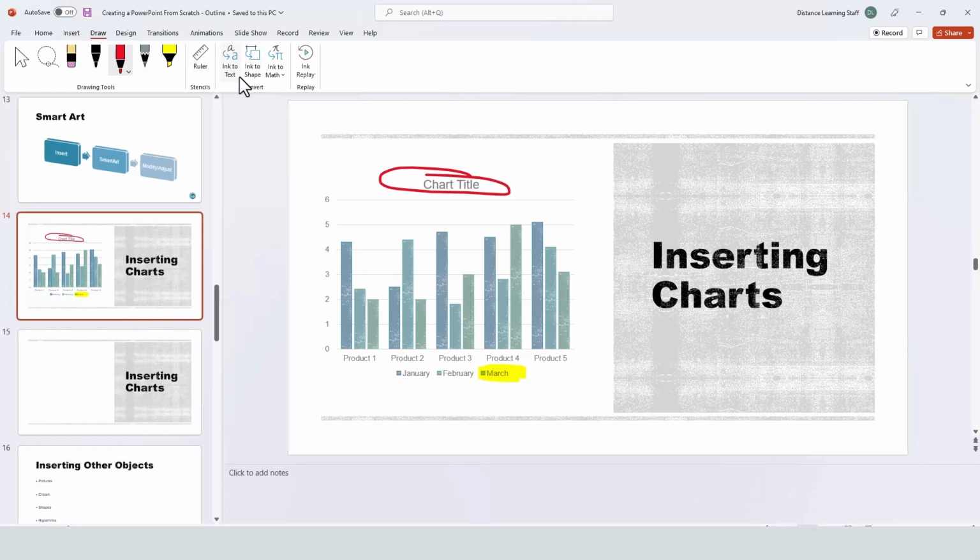There are also options here that you can do ink to text, basically transcribing what you write, or ink to math, and this is where you'd utilize the various mathematical equations and so on, basically your handwriting, but then it's going to convert them into mathematical equations. If you wanted to delete a specific component, click on the selector tool here on the top left, and you can either move it somewhere else or delete it completely by pressing the